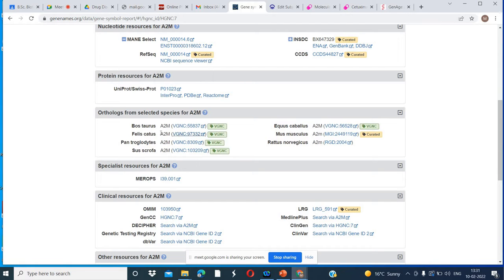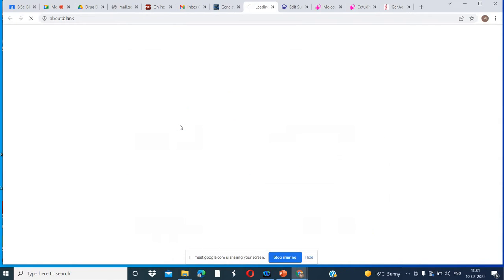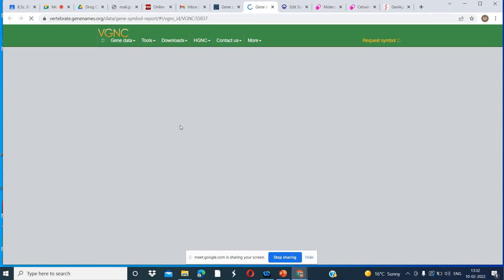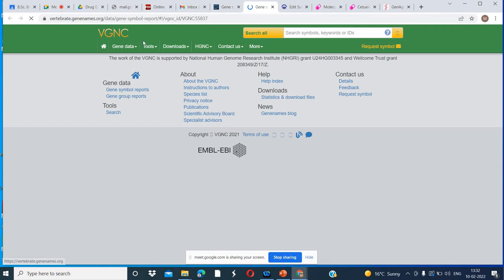Okay, these are the entries. Bos taurus. This is the name of the organism given here. Scrofa. So you can click on here, and you can go into the corresponding entries. Now you can see this, it has a link to another database, that is VGNC.